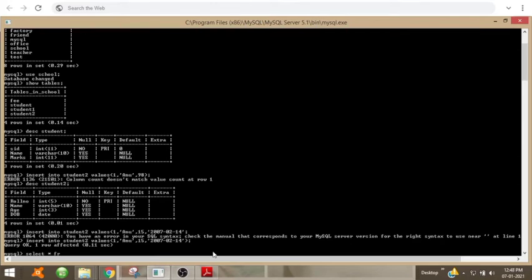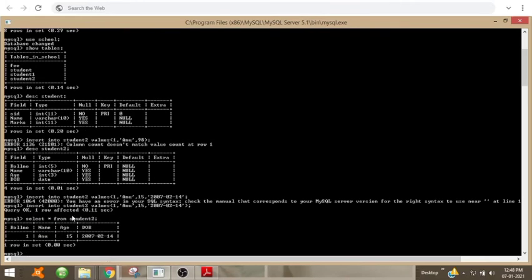Select star from table name, that is student 2. This select command is used to view the contents of the table. DESC just shows the structure of the table. To view the content, that is the rows in the table, we have the command select star from student, that you will study in the later class.